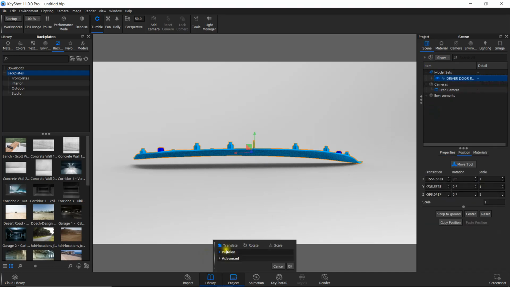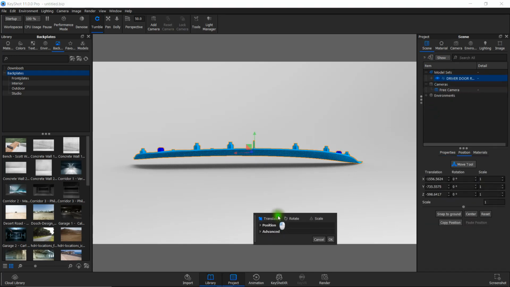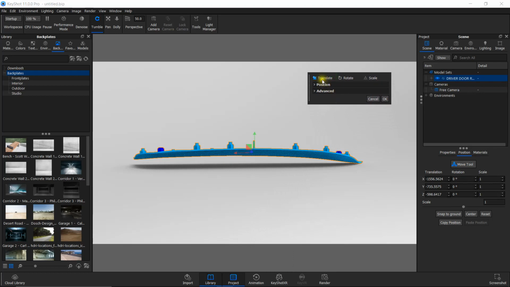Both are the same. There will be a dialog box, and you can see that there are several options to move the part like translate, rotate and scale. If you select one option, it will be highlighted in blue color. So I am going to rotate this edge to make it touch the ground plane. So I am disabling the translate option and just selecting the rotate option.